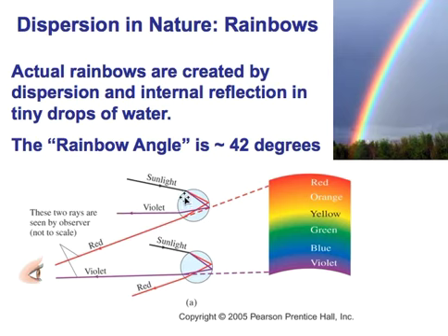So imagine a particular raindrop up in the sky. We imagine sunlight coming from the sun up here. The sunlight strikes the raindrop. It bends towards the normal. Inside the drop, it then is internally reflected at the rear of the drop. So we know that the law of reflection would govern the angles there. And then it bounces back onto the face of the raindrop, and then it bends away from the normal as it exits. And so, because the violet light, the short wavelength light, is bent more than the long wavelength light,